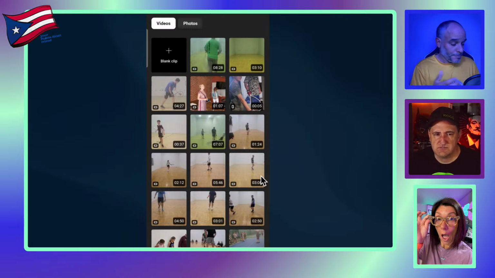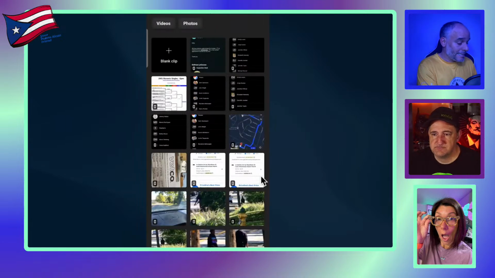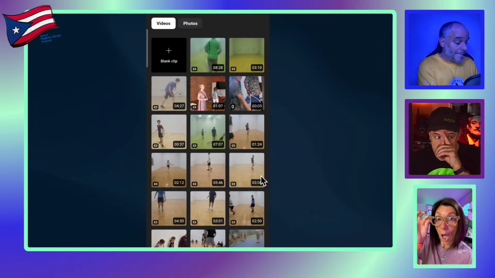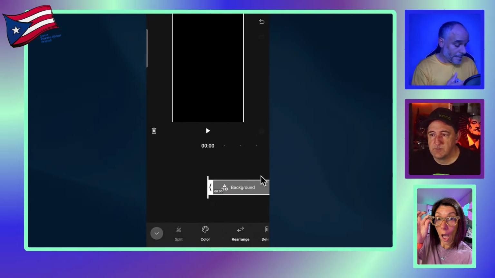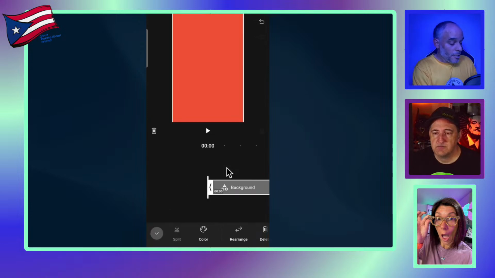There are so many different keys. You can start with a blank clip and start from the very beginning and, little by little, just add things. You can add a little color as a background, and you can rearrange. You can do different things to help you with the process.